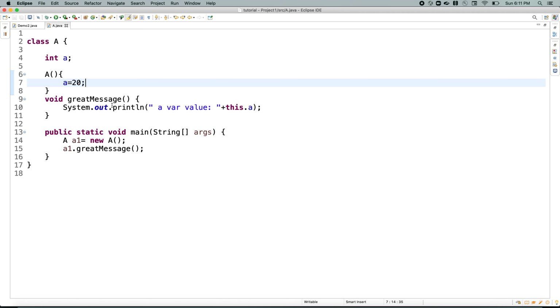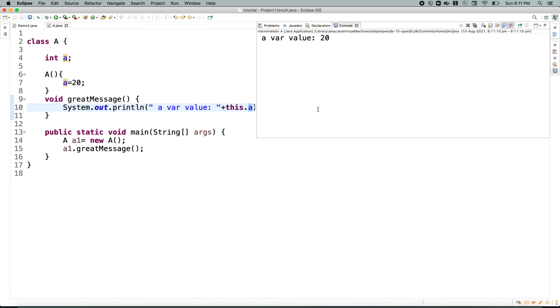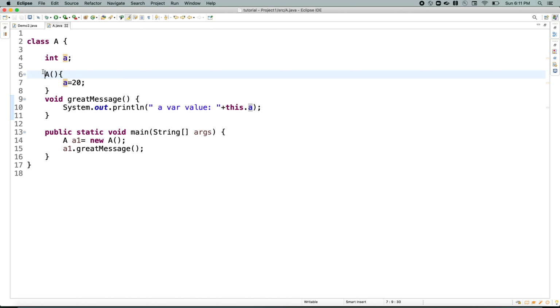Okay, and in this case, what will happen? You should print 20, right? Let's try to execute this and see what the output is. See here, the a variable value is 20. So you have defined your own default constructor, and the same way you can also create